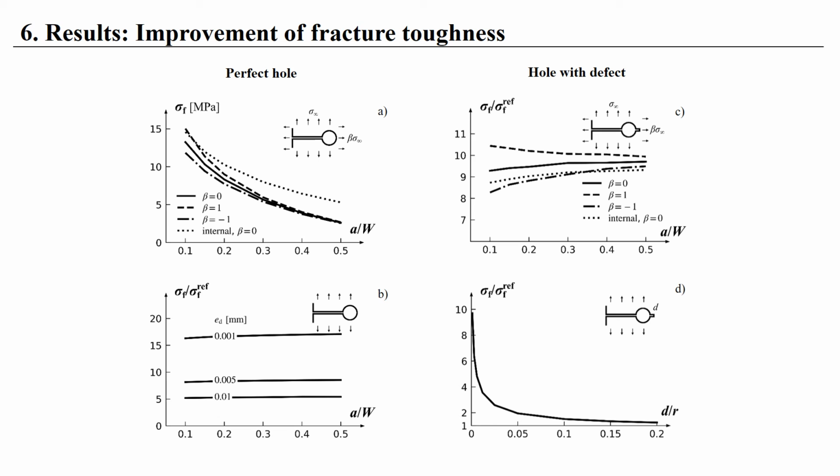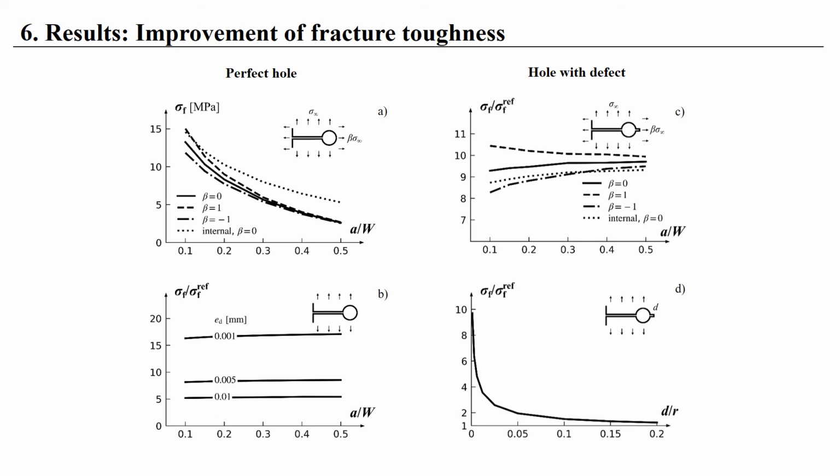Figure C shows the improvement of trapped cracks with defect size of 1 micron compared to the homogeneous case. Sigma f to sigma f reference is no longer mesh-dependent as long as the defect at the hole and the crack of the reference configuration have the same crack tip notch size. For long cracks, the fracture toughness improvement is similar for all loading conditions. The fracture toughness is approximately 9.5 times higher with a defect on the boundary than for a crack in the